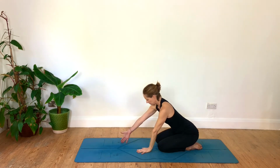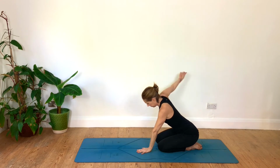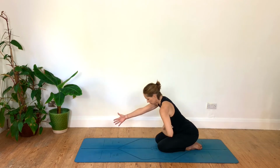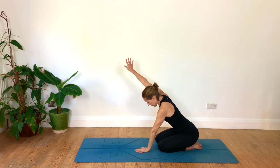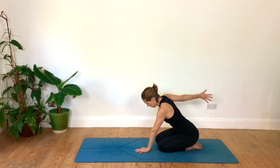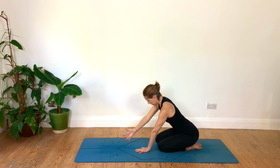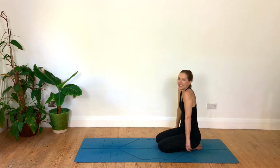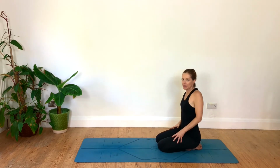So the chest staying facing forward. You can notice your trunk stability here as well. There's a tendency for the spine to want to arch a bit. So using your core strength there, your core stability, to maintain this sense of neutral trunk and spine. Driving as much movement into that shoulder joint as you can. So a little bit warmer through the shoulders and arms,